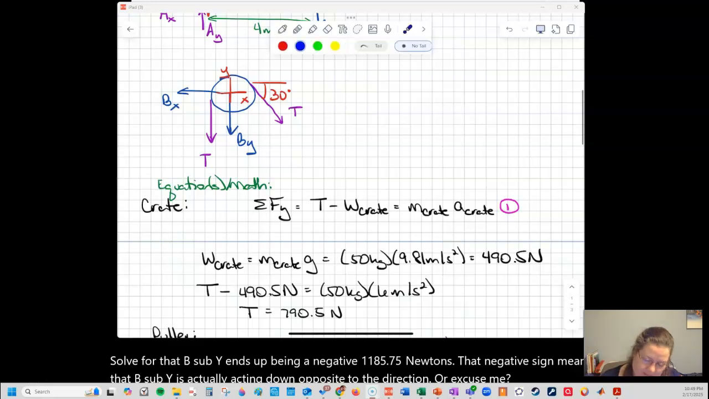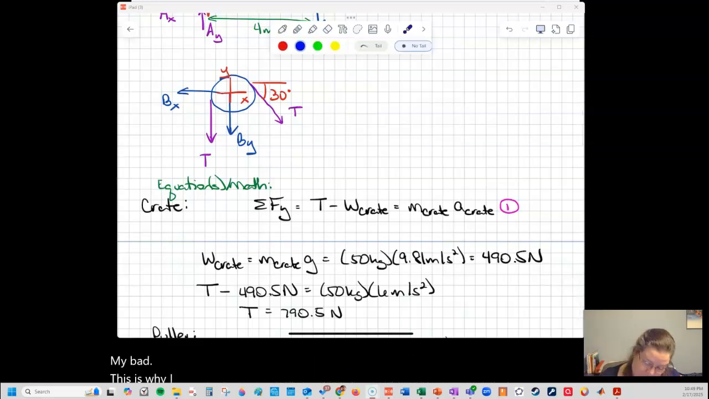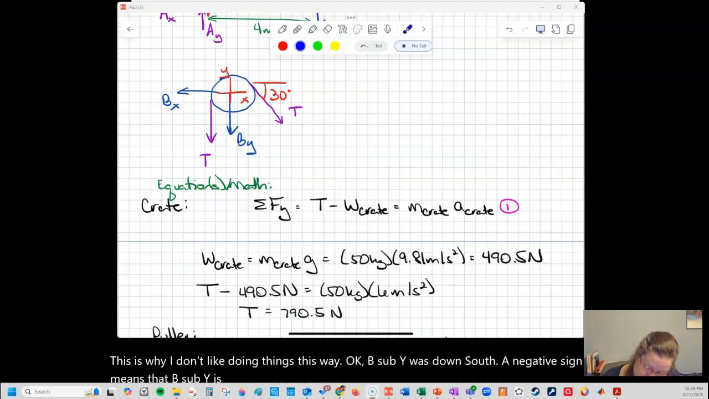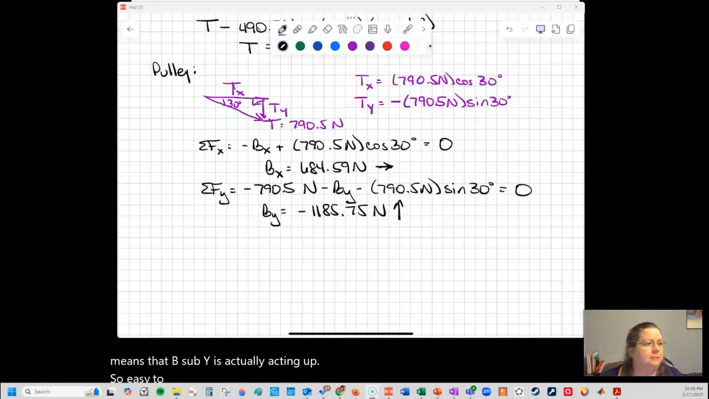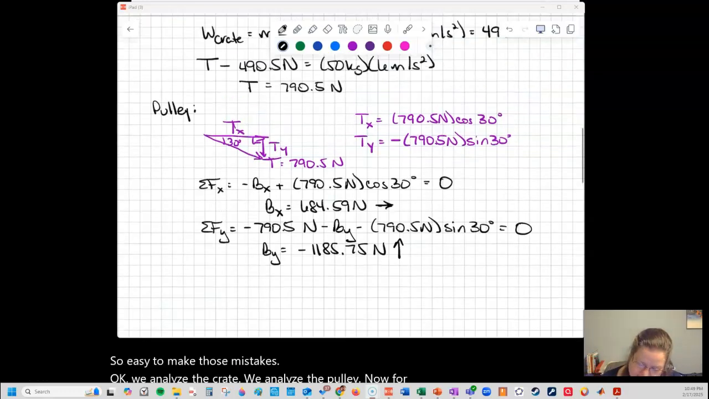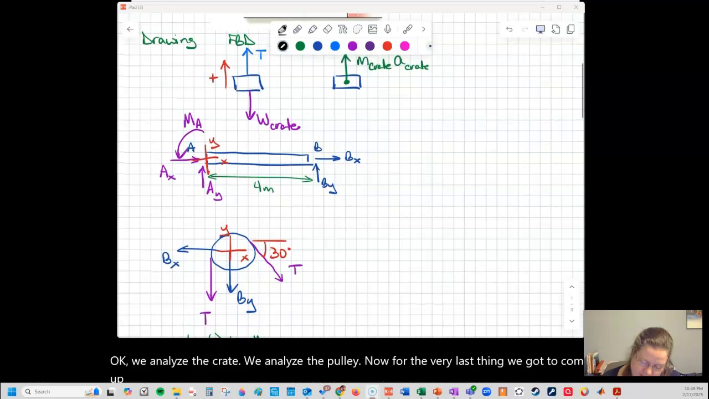my bad. This is why I don't like doing things this way, okay? B sub y was down, so a negative sign means that b sub y is actually acting up. So easy to make those mistakes. Okay, we analyze the crate, we analyze the pulley. Now for the very last thing, we got to come up here and analyze